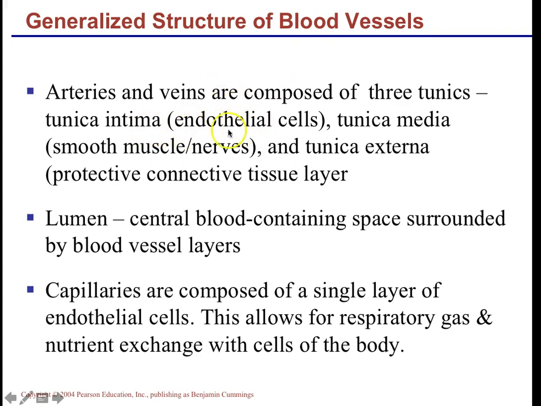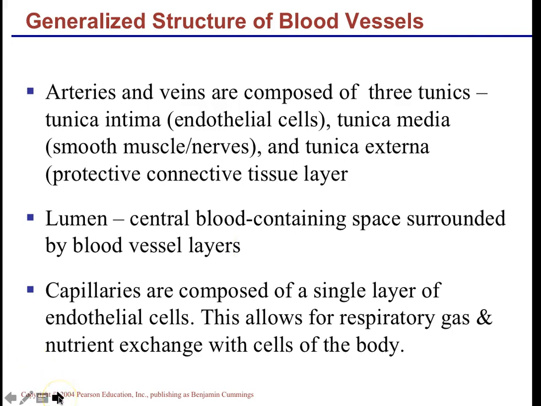So again, veins are also going to have a tunica intima, your one-cell endothelial cells, and a tunica media with smooth muscle and nerves, but not a lot. And then a tunica externa both have, and it's the protective outer connective tissue layer. The lumen of blood vessels is where you have blood flowing through the space. And then the capillaries are the one-cell thick endothelial cells, which allow for exchange of respiratory gases, nutrients, waste products,